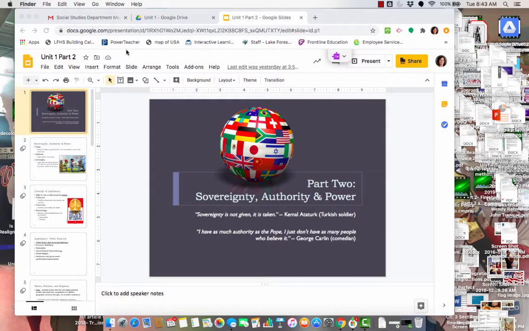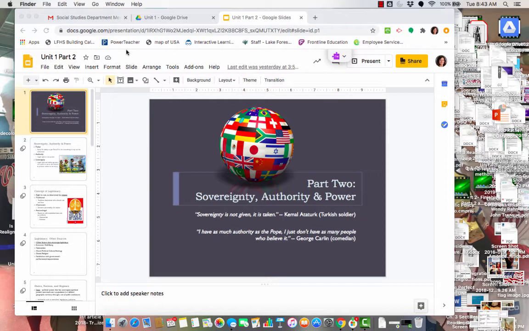Hello everyone. Welcome to Unit 1, Part 2 Notes, which is about sovereignty, authority, and power in political systems. And at the end, it gets to different types of regimes, which you're then going to do the regime assignment